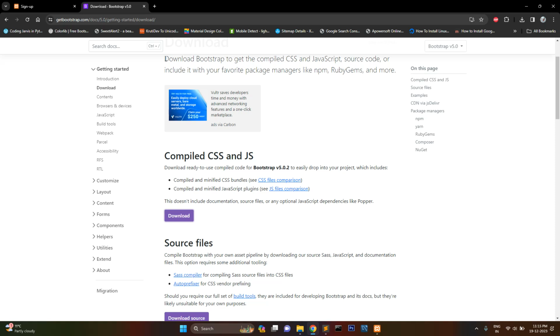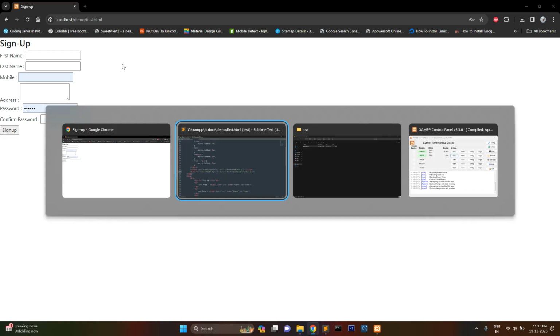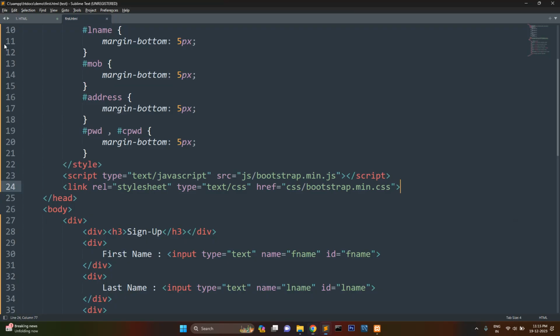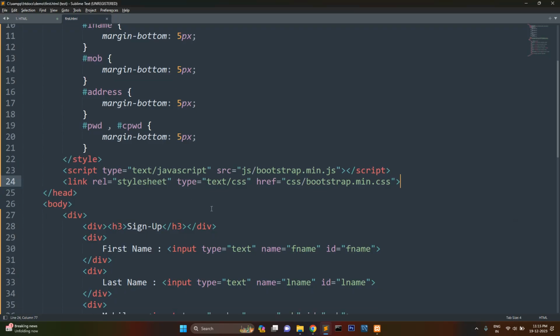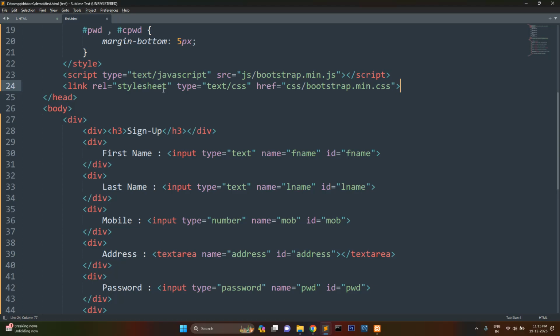Now if we move on to our project and refresh, you can see it has automatically changed a few things, and now it's looking much better than the earlier one. So that is done. Now I think we should also modify this form somewhat. Let's remove these things and store this in placeholder format. So let's remove the first name,